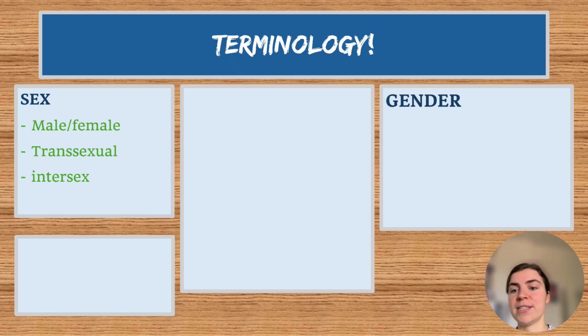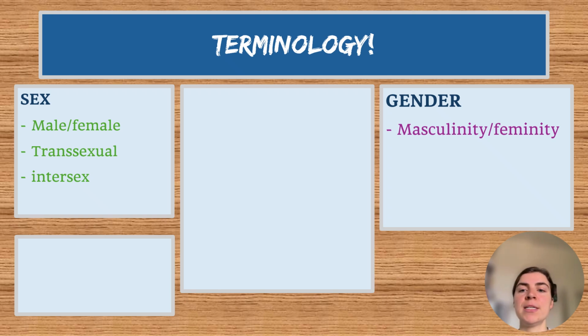And then gender is the second one, okay? Here we have masculinity and femininity, and this is important: it's oriented towards the sex distinction, so male and female, and then we have masculinity and femininity as the categories. So you can, for example, be a masculine male or a feminine male. That would be possible. Also, transgender would be the category that corresponds to transsexual. Transgender would, however, not necessarily describe surgical interventions.